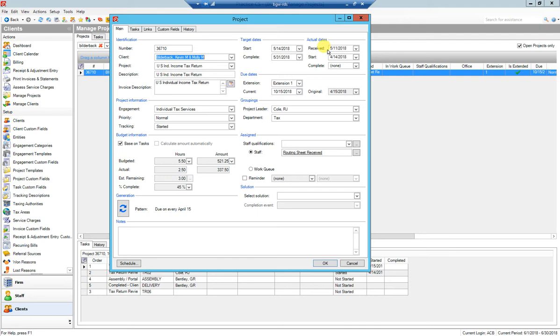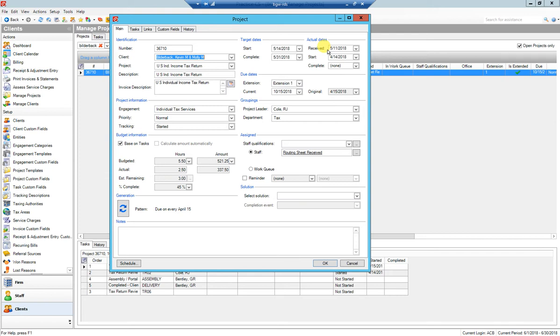Now, if you want to go ahead and log a receive date when a client gives you a piece of information, that's fine. We'll talk about statuses in a second, but when you really get all the information that you need to do the job, or at least the majority of information that you need to do your job, that's when you're going to go ahead and log the real receive date. All right? So with that in mind, we got to figure out, well, who the heck is working on this